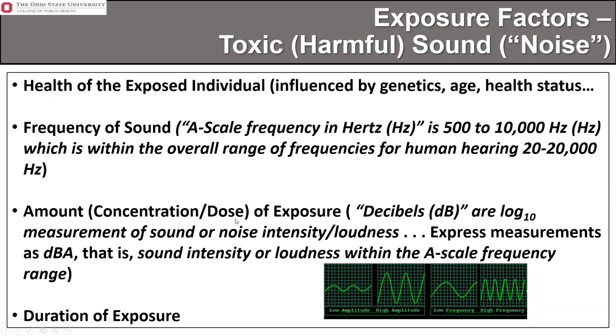And then we ask the question, what is the amplitude, the loudness of that sound? And that's the amount. We measure that in the logarithmic scale of decibels. So we express measurements of sound relative to human exposure assessment, impact to humans, using dBA. So when you see dBA, the decibels represent the loudness. For example, 85 decibels is the loudness, the amplitude of the sound pressure level, and A means the loudness within the A scale frequencies. Okay, so I include this for you.